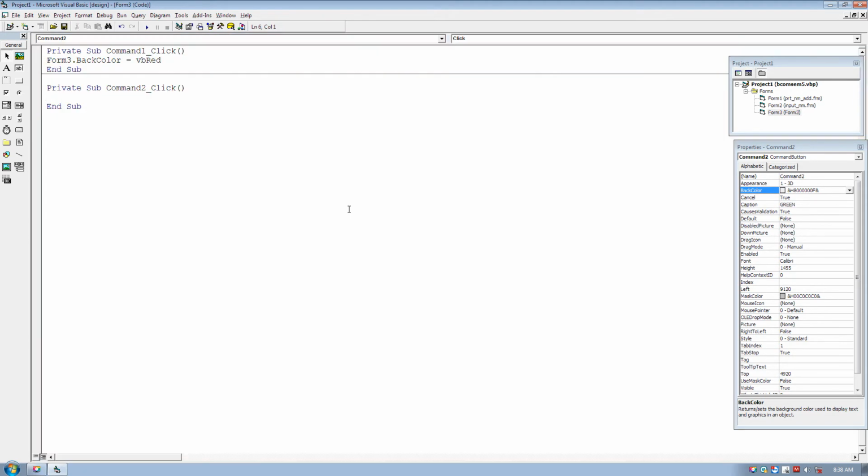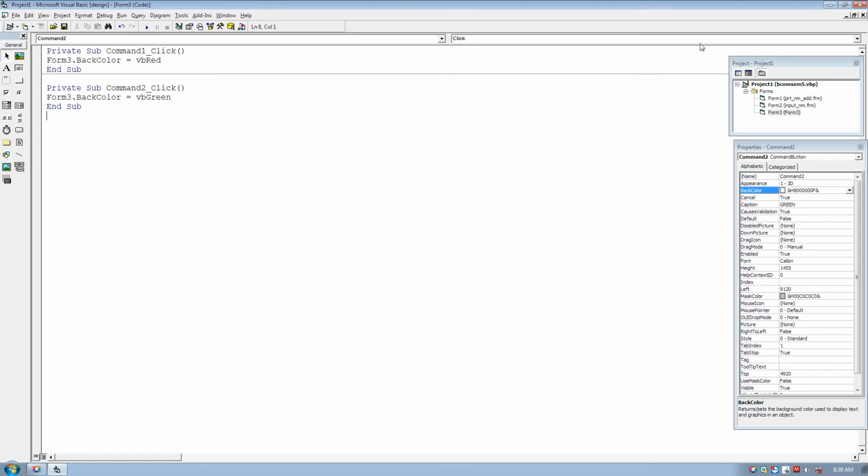Green. Now the second command button is green. I have to remember this, otherwise I should change the name of the command button. Form 3 dot back color is equal to vbGreen. G will be turned to capital. Look, if E also does not change, that means your spelling is wrong.